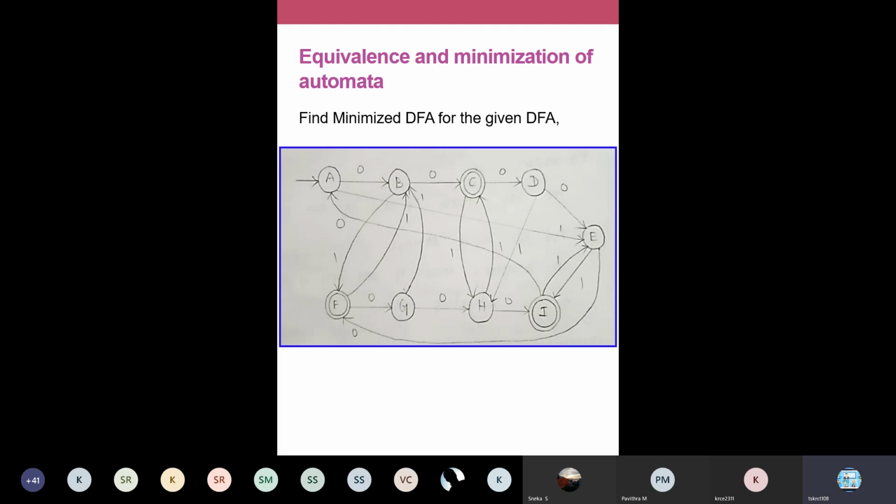Just a diagram கொடுத்துட்டா நம்ம ஸ்ட்ரைட்டா ஸ்டார்ட் பண்ணக்கூடாது. You analyze what is the input symbols. Diagramல edgesல என்னென்ன symbols இருக்குன்னு பாருங்க. You have 0 and 1. So the input symbols are 0 and 1. And then you have 3 accepting states, C, F and I. And then all other states are non-accepting states. The initial state is A.